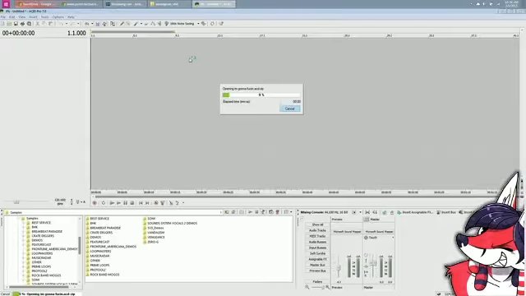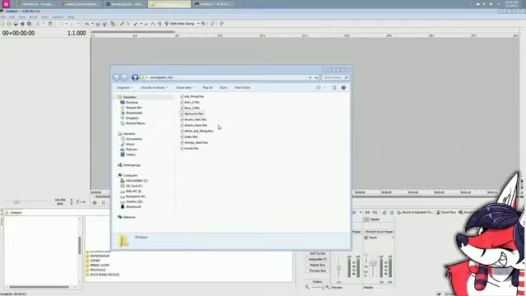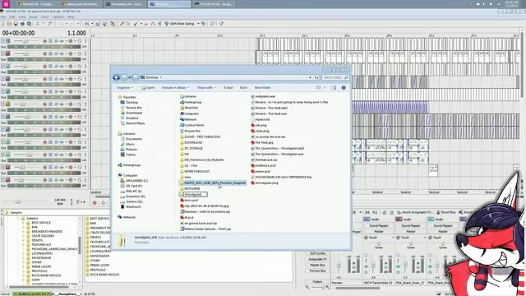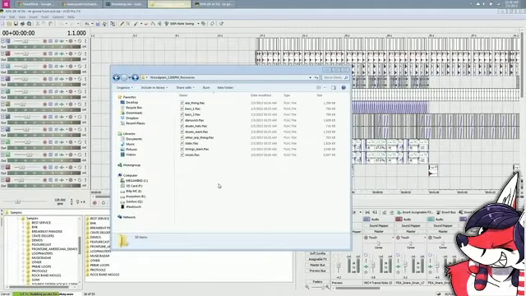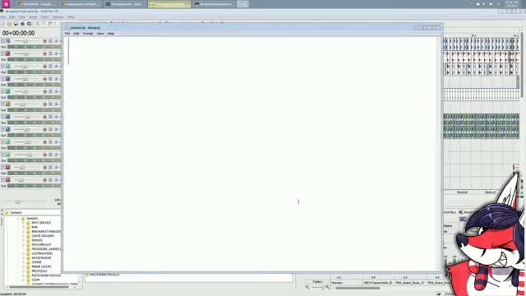I completely forgot what BPM this was. It's like 130, maybe. 128, close enough. Wood grain, 128 BPM. Resources. New text file, underscore readme.